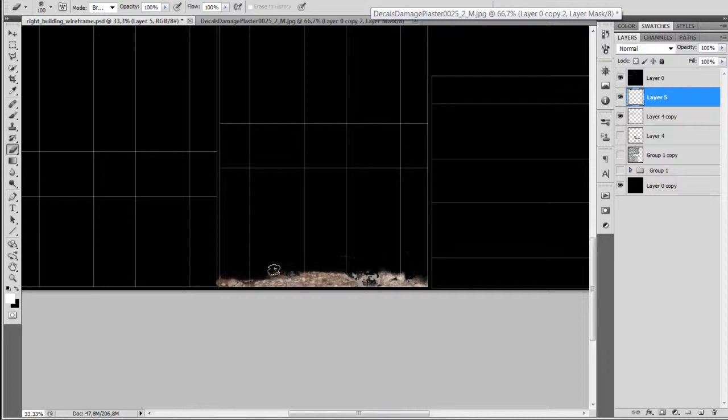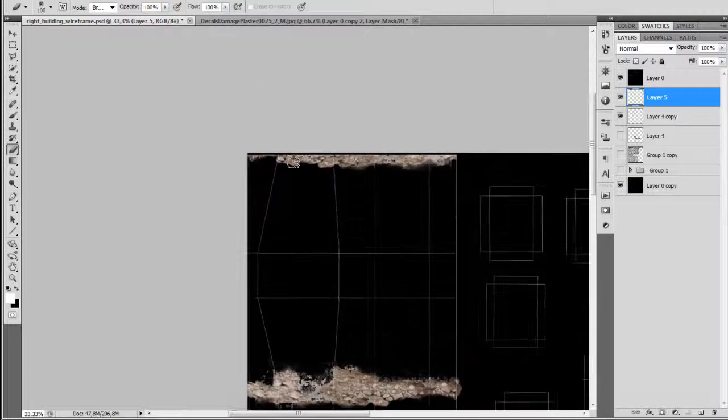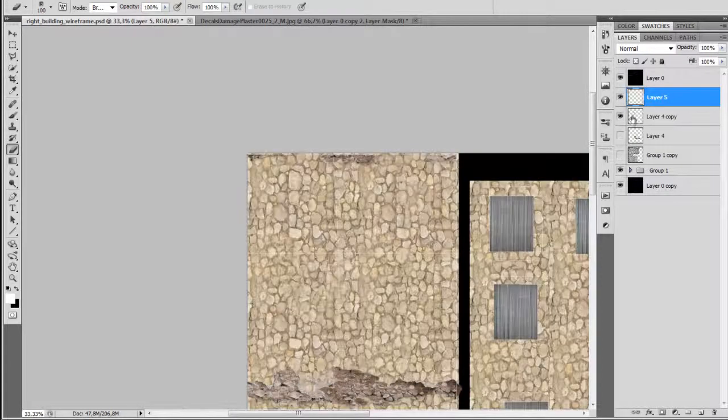Again, just removing some parts of the texture, just to create again a little bit more variation, and not just it's not good for the whole corner to be like peeled off and destroyed. So I'm just removing some of the parts. I'm going to test the texture. Again, save it,